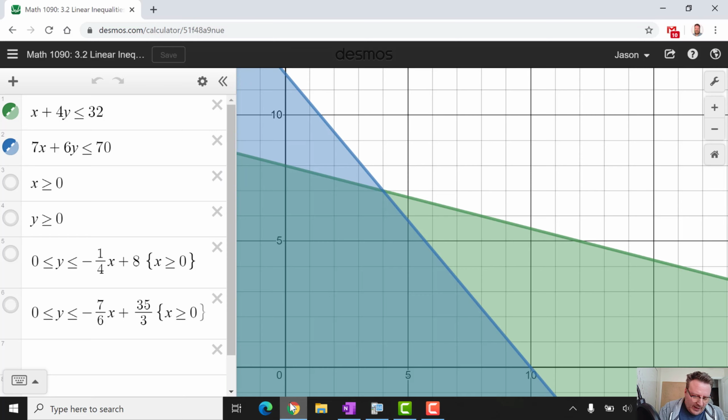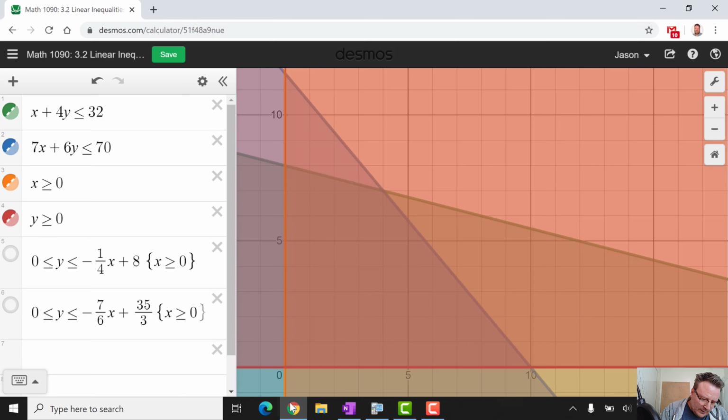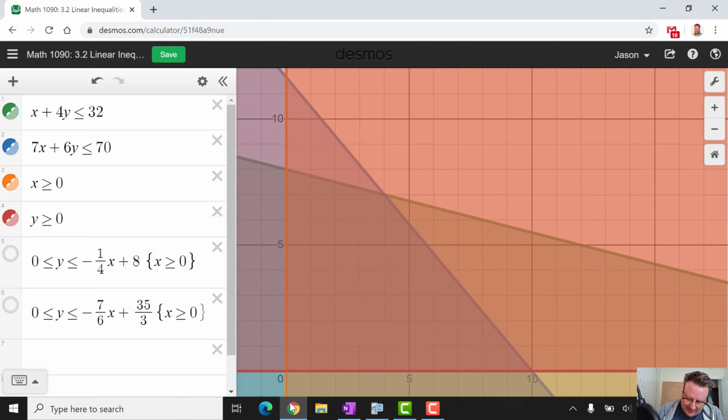Notice that if I add in these inequalities, x is greater than or equal to 0 and y is greater than or equal to 0, with two more colors, I think it's kind of hard to read. You get a mess. You can still see the region. It's the darkest shaded region, but it's kind of hard to tell. You know, which region is darkest? It's a little bit difficult to tell still. So instead of doing it that way, I mean, that's perfectly fine, but